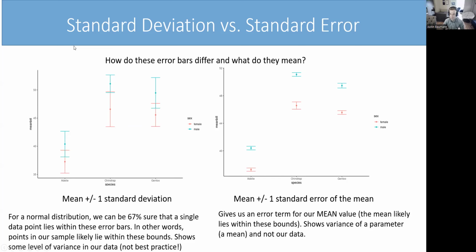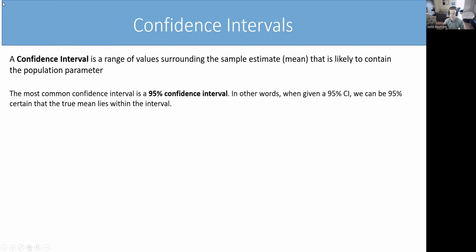Okay, and now we have to move on to our last measure of spread, and that's the confidence interval. And it's going to take us a long time to understand how to do this. We may not get there this semester, but at least you'll have seen the concept. A confidence interval is a range of values surrounding the estimate, for example, the mean, that is likely to contain that population parameter, maybe the mean, for example. The most common confidence interval that we think about is a 95% confidence interval,